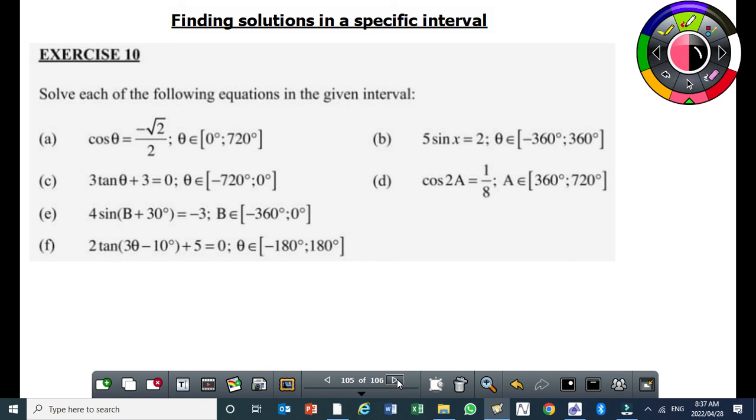Now let's move on to an exercise where we'll find specific solutions for a given interval. Sometimes you can get a question